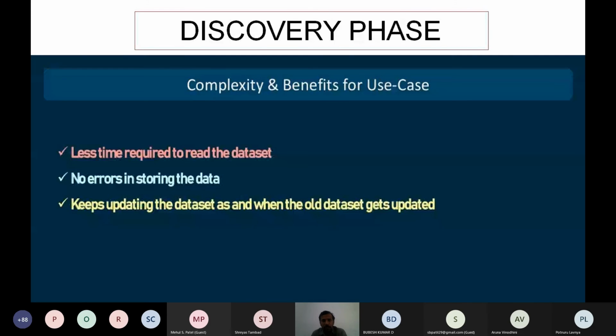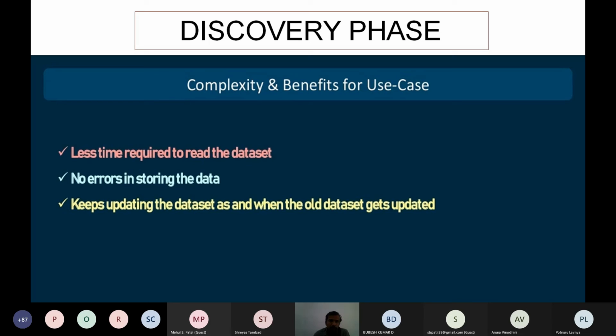In our use case, the benefits are that you definitely require very little time to read the data set. No errors will occur in storing the data. And once your old data set gets updated, the bot keeps updating the target data set, the destination data set, also.